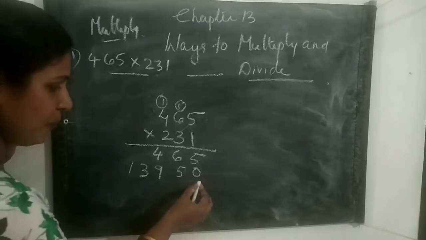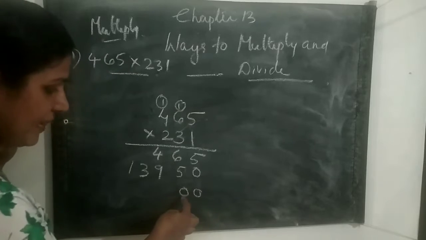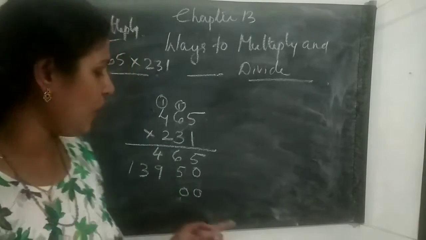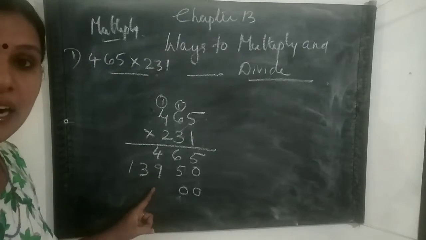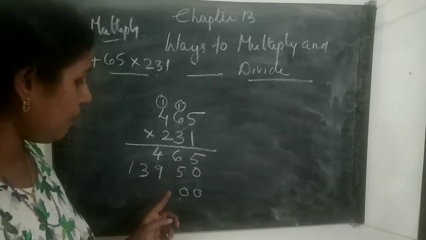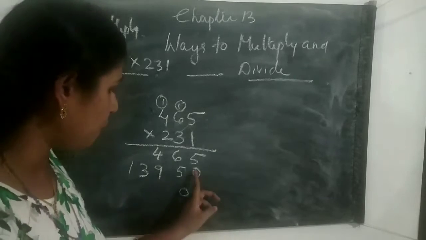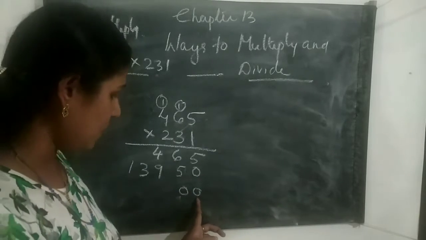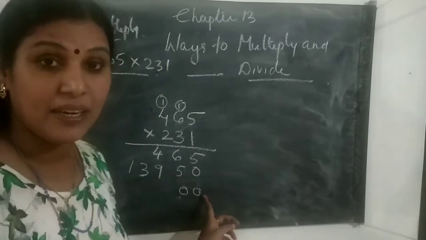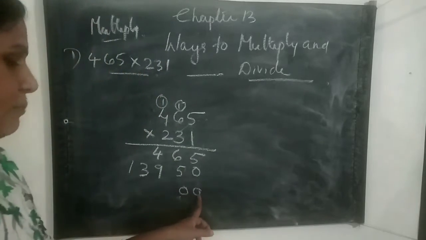The next step, we put the 0 in the unit place and the tens place. Otherwise, you have to start from the hundreds place number. But you carelessly write in the ones place. If you have understood, there is no need to write the 0. But you have made so many careless mistakes in this case, so that's why I told you to put the 0 here.